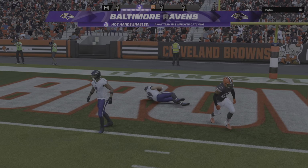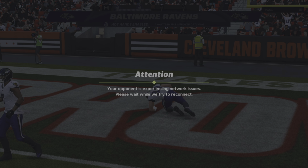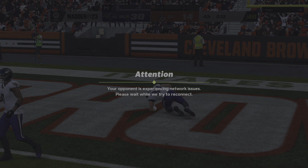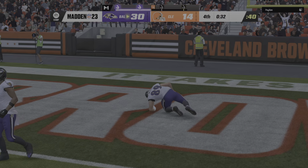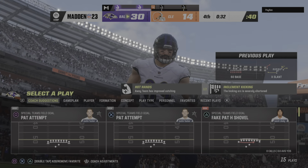And all the way in for a Ravens touchdown. Mark Andrews, 67 yards. And the Ravens use the big play to extend their 4th quarter lead. And to me, that touchdown allows you to start